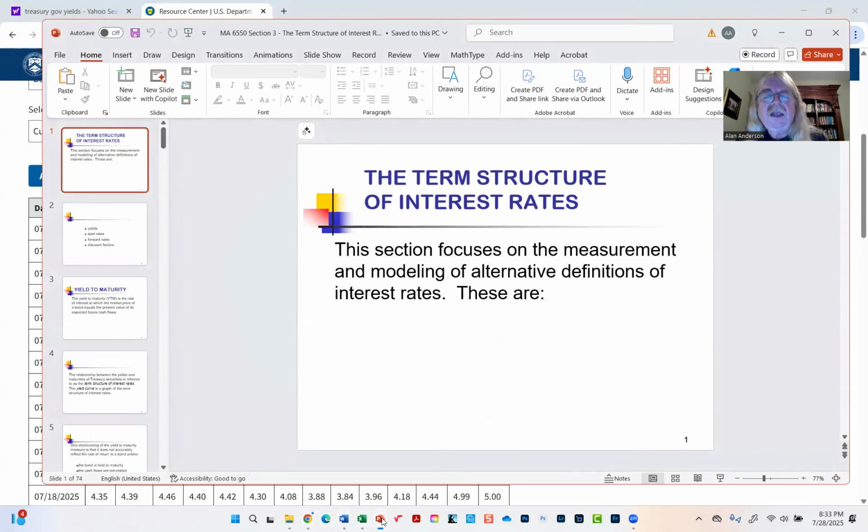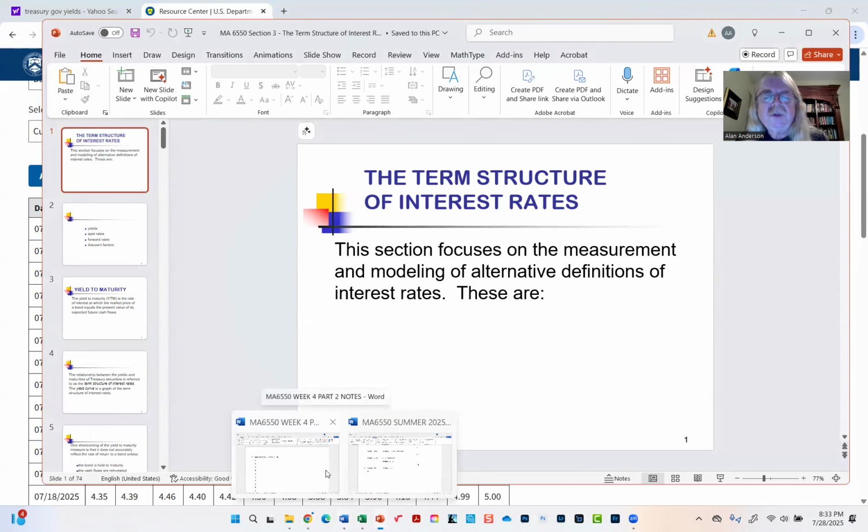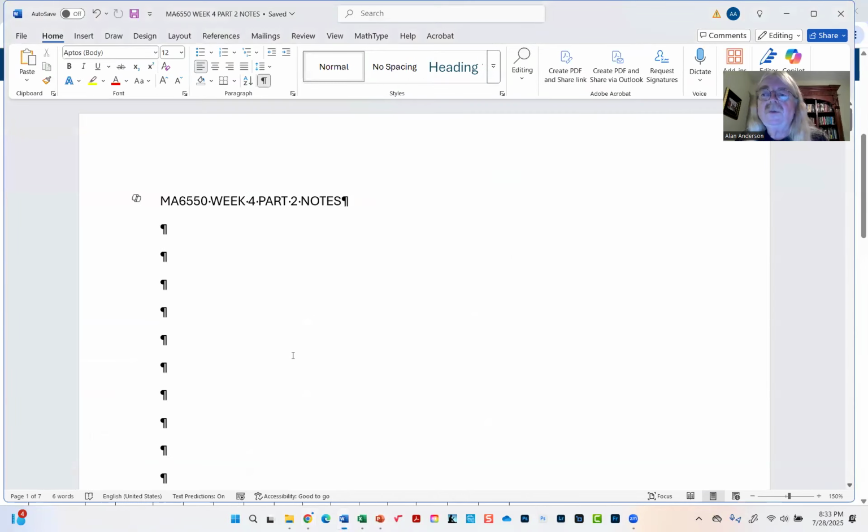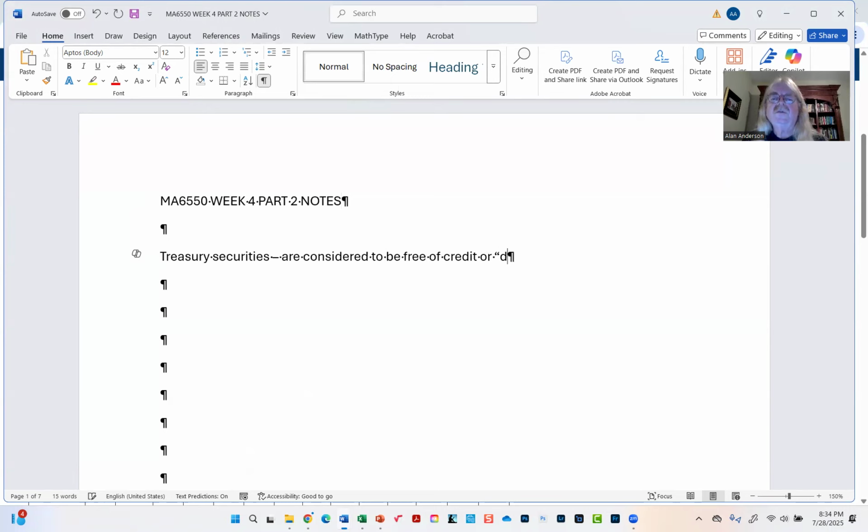Okay, in other words, if you buy a bond issued by the U.S. Department of Treasury, you can pretty much count on getting the money that you're owed. All right, because the government can raise taxes, which corporations can't. So in other words, if you're buying a corporate bond, there's always some chance that you're not going to receive all the cash flows you were promised. So Treasury securities are considered to be free of credit risk, or sometimes it's called default risk,